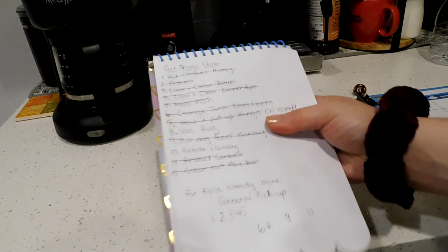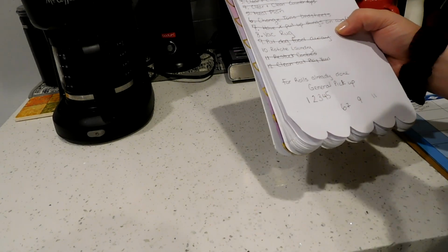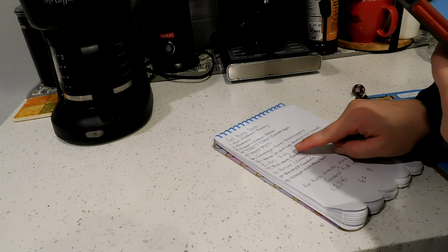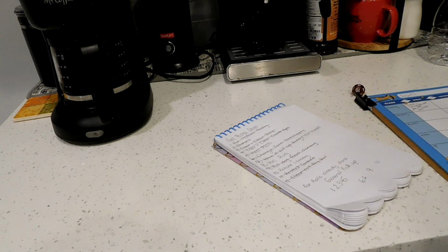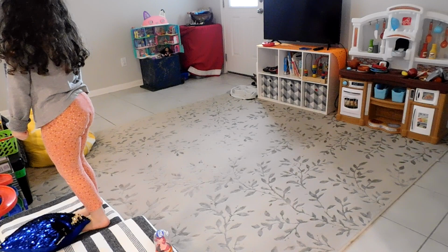Alright, next up is vacuuming. We don't really have that much to vacuum downstairs except for the master bedroom, but I'm not really worried about that right now. I was just trying to get a head start on cleaning the main area where we're all going to be hanging out this weekend. So I wanted to get